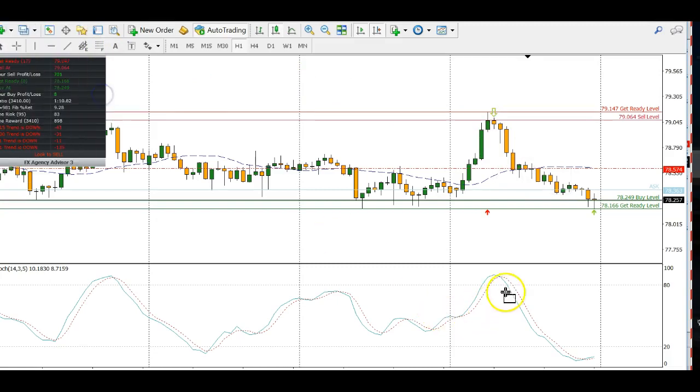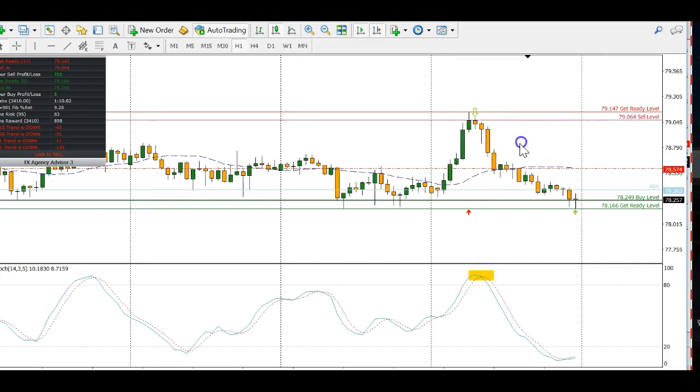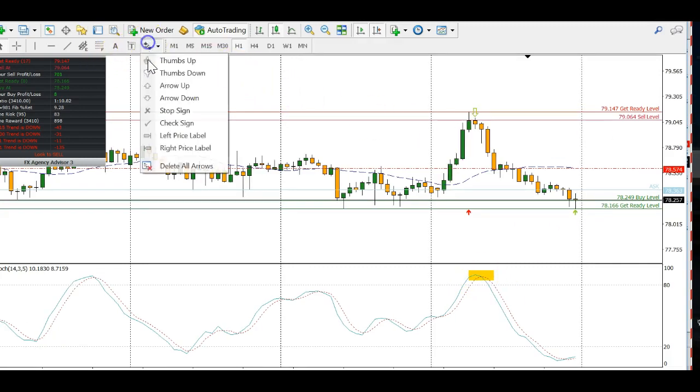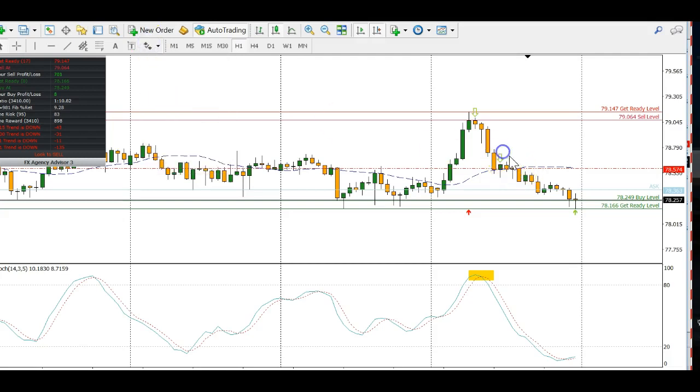and stochastics being overbought and a sell area. So this is very high probability. This is an excellent trade to take, knowing that the market's already put in pretty much its daily range, giving us a reversal candle. Stochastics is overbought, and notice the 2 lines crossing to the downside. That's important. Now, the advisory also did not give us a signal till about here,